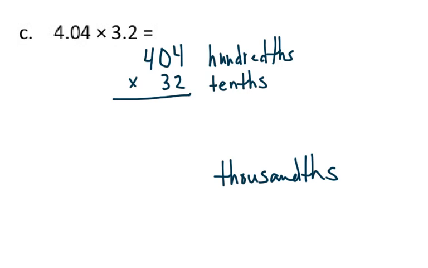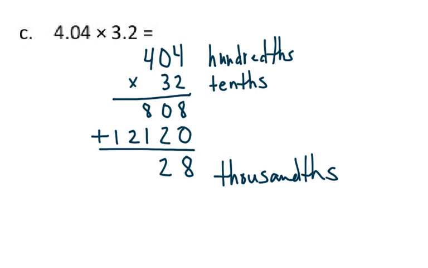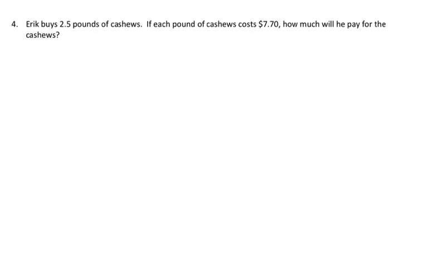So if I'm multiplying this out, I get a product of 12,928 thousandths, which could also be written with the decimal like this, 12 and 928 thousandths. So the next problem we're going to take a look at is number 4 from the homework, and that one reads,